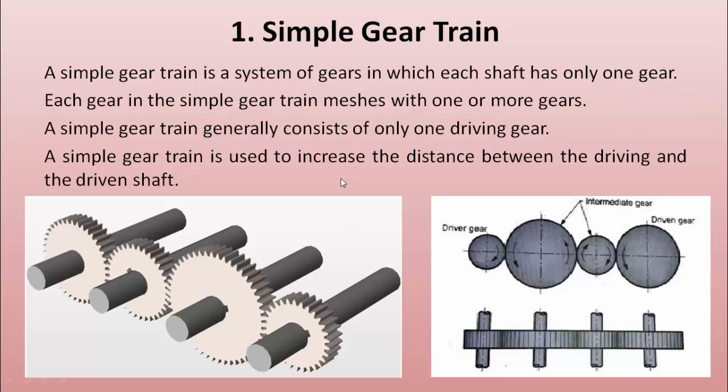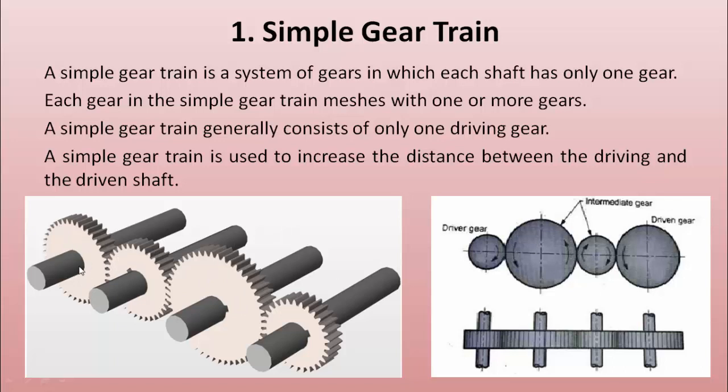So what is a simple gear train? As the name suggests, a simple gear train is very simple. It consists of one driving shaft and one driven shaft. Basically there might be a motor or engine connected over here, and you have to transmit power from this position to this position. How are you going to transmit the power from this shaft to this shaft? Well, you can put in intermediate gears. See, these are the intermediate gears.